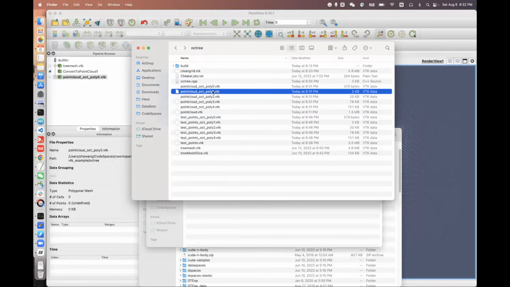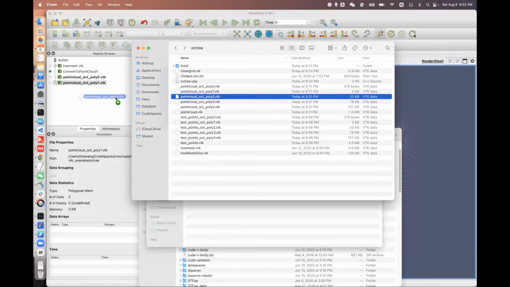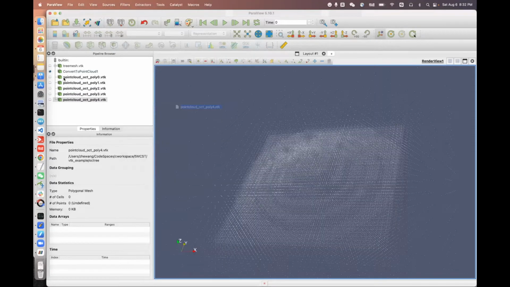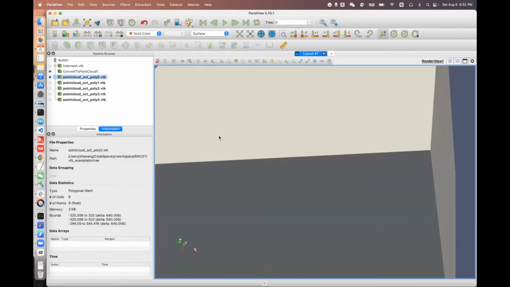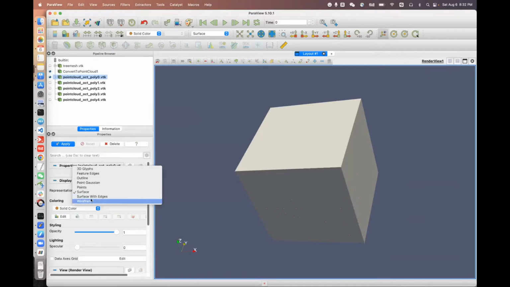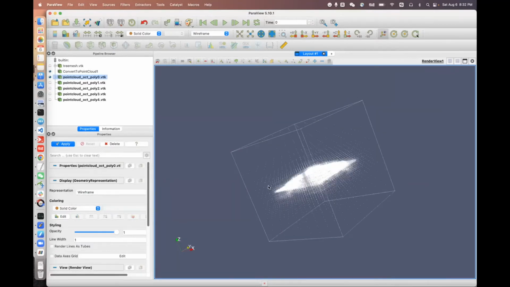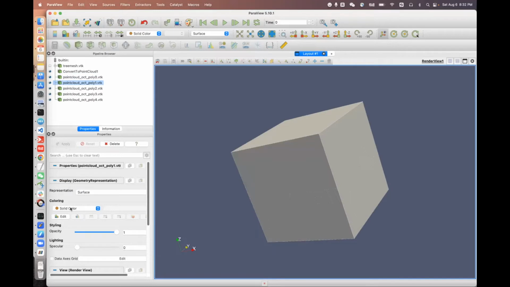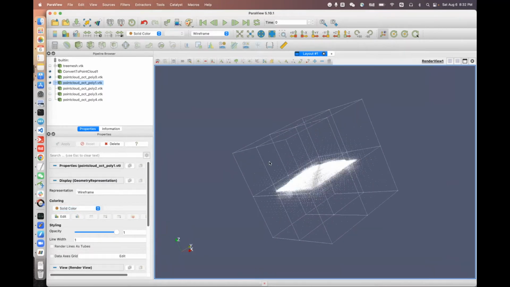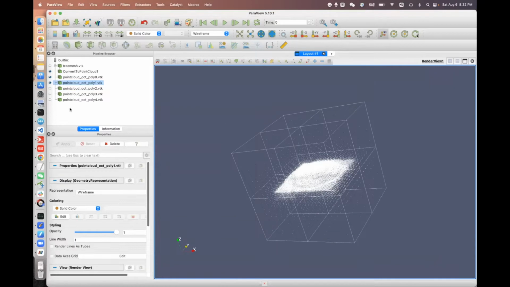There are 1, 2, 3, 4 levels. Let's see. Yeah, you can see that this is the level 0 result. We can show wireframe. And then if we show the first layer, we don't need to show those parts. You can see that the original region